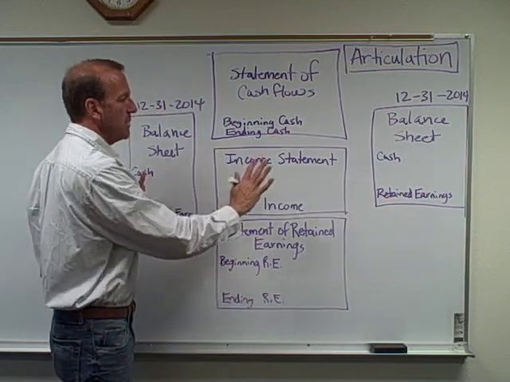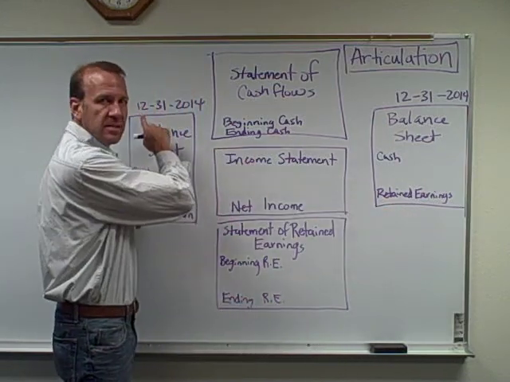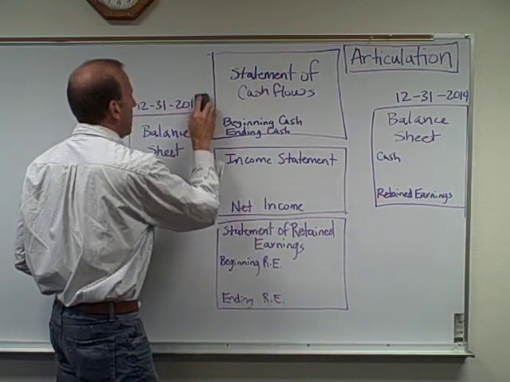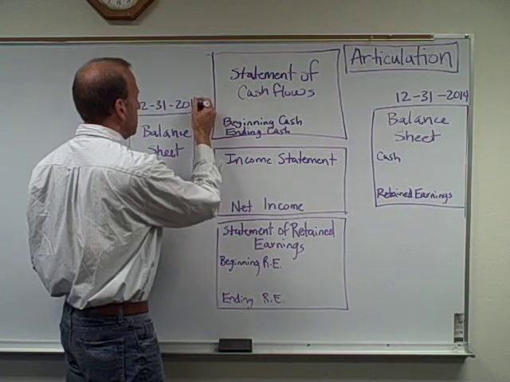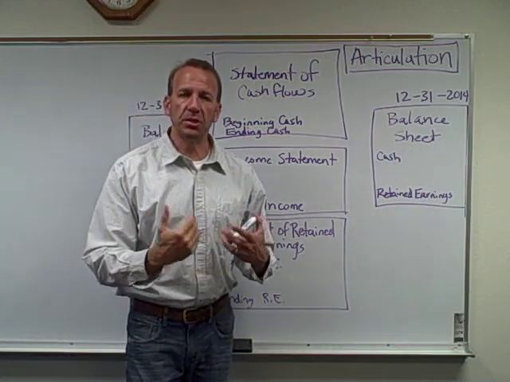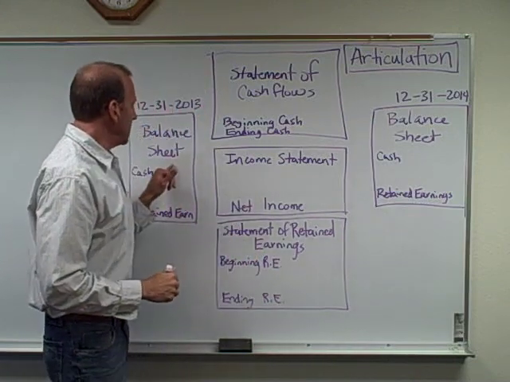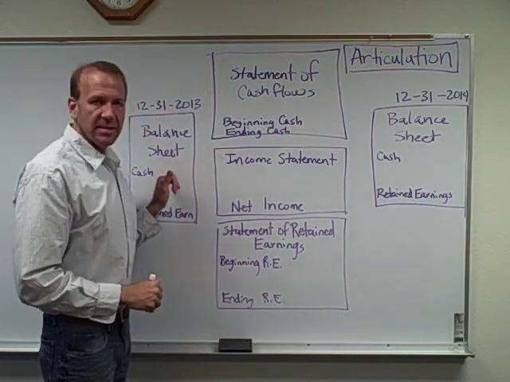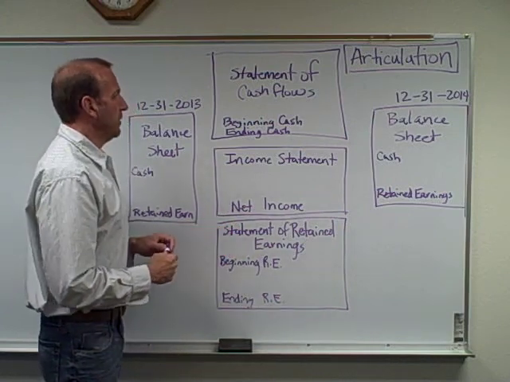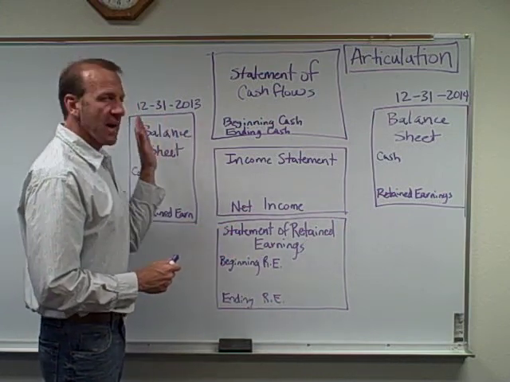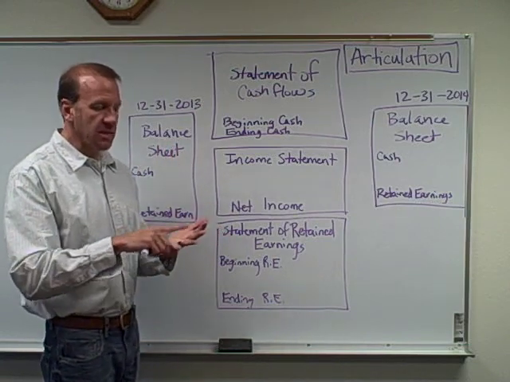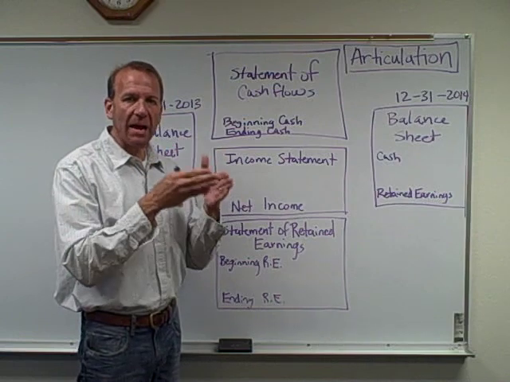So if we're looking at time here, this is the balance sheet at December 31st, oops, I got a mistake here. I want this to be 2013. So that's the end of the year, 2013, from the previous year. And in this balance sheet, you're going to have your assets, your liabilities, your equity section. Now, this is for a point in time. This is the balance sheet, what the value is for assets, liabilities, and equity at an exact point of time,